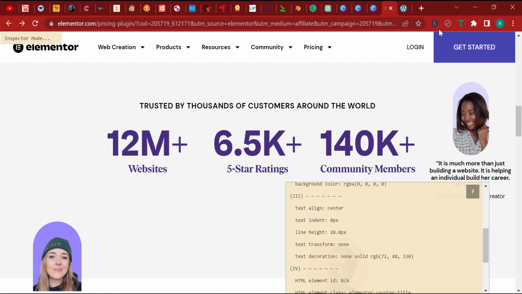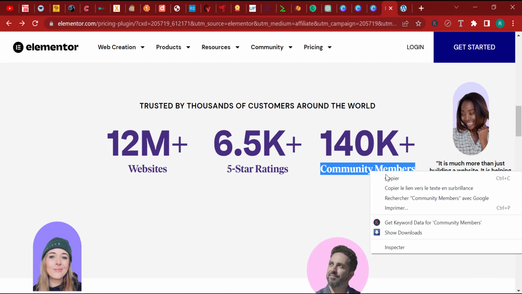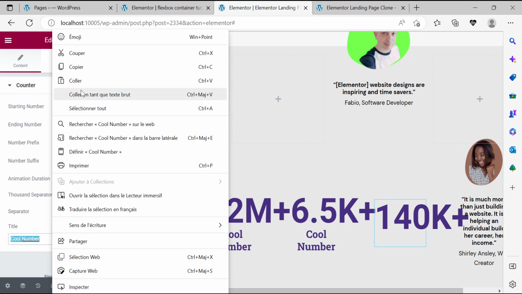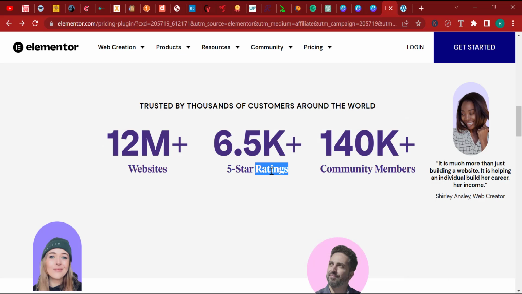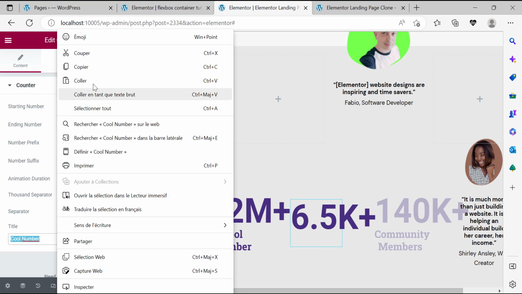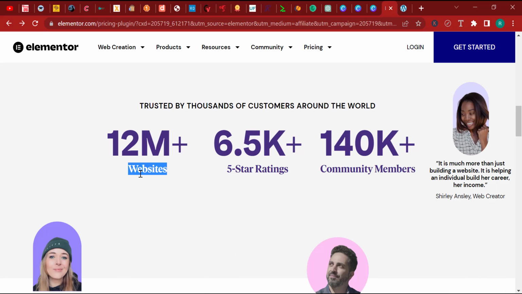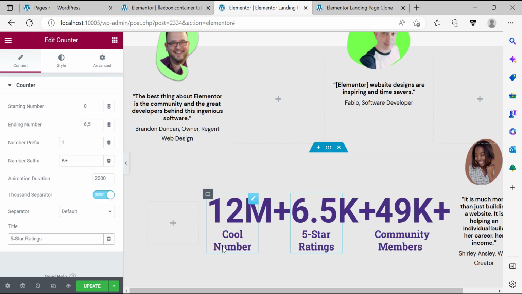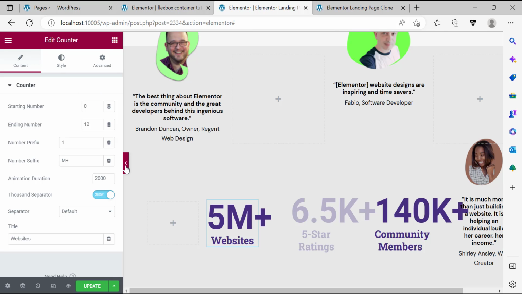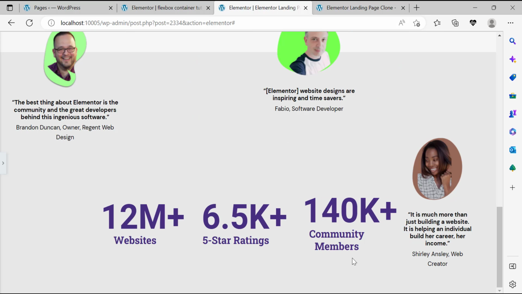And then here we have this text is community members, and the other one is 5-star rating. So I'm going to click here, and instead of cool number, I'm going to say community members, 5-star ratings. Click this one here. And the other one here is websites. So I'm going to click here and add it. And so if I just visualize how this will look like in real time,